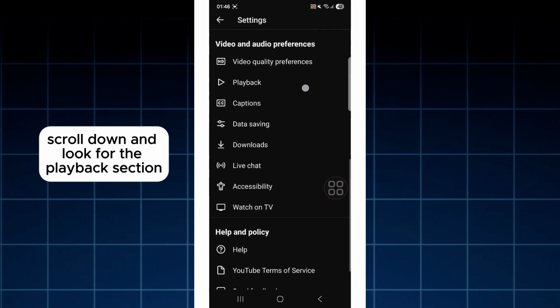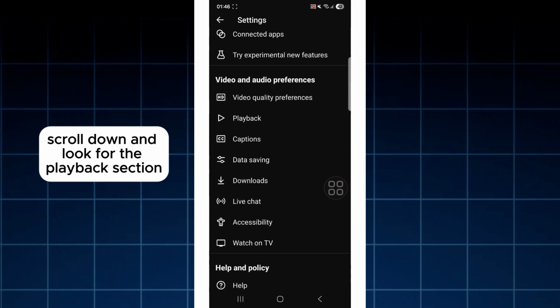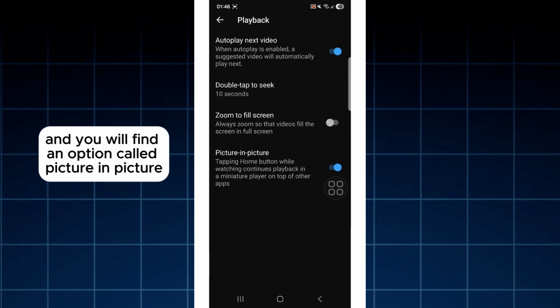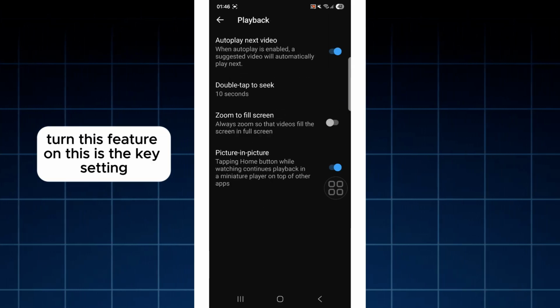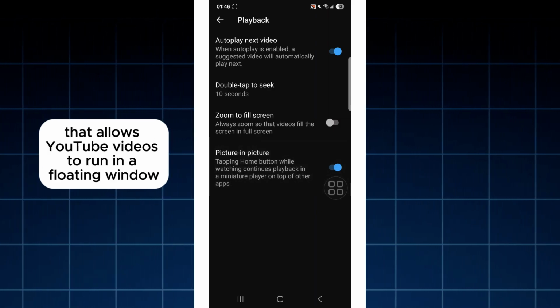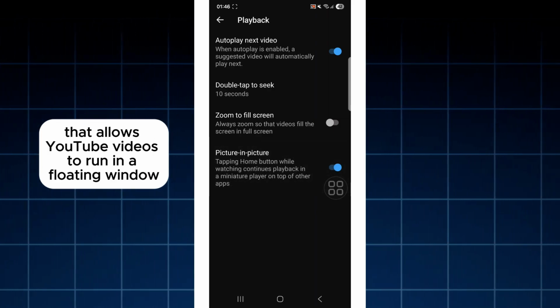Inside settings, scroll down and look for the Playback section. Tap it and you will find an option called Picture-in-Picture. Turn this feature on. This is the key setting that allows YouTube videos to run in a floating window when